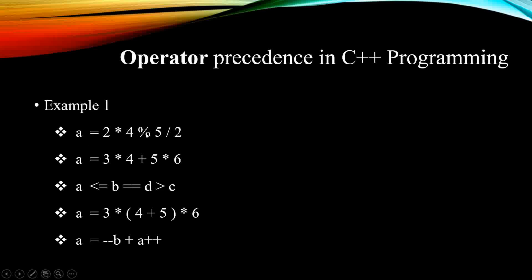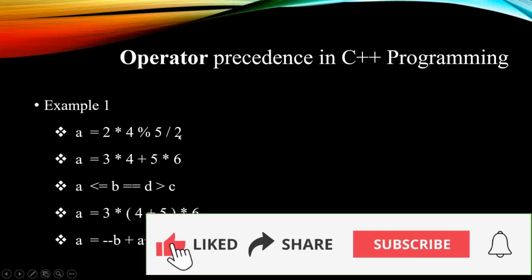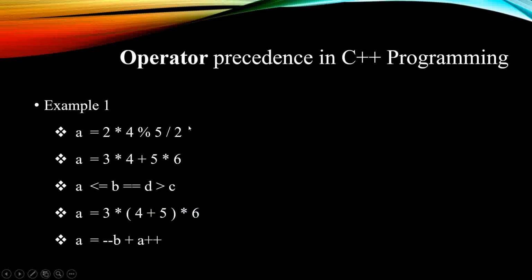For example, as we have seen this one, for example 2 times 4 modulo 5 then plus 2 ማለት ነው። ይሄኛው ከየት ነው የሚጀምረው ማለት ነው? Since this has the highest precedence than this, then this will be executed from left to right ማለት ነው። ከግራ ወደ ቀኝ ኤክስኪዩት ይደረጋል። ያ ማለት 2 times 4, for example, 2 times 4 ስንት ይሆናል ማለት ነው? 8, then modulo this one, then 3 times, then it will be 6 ይሆናል ማለት ነው።